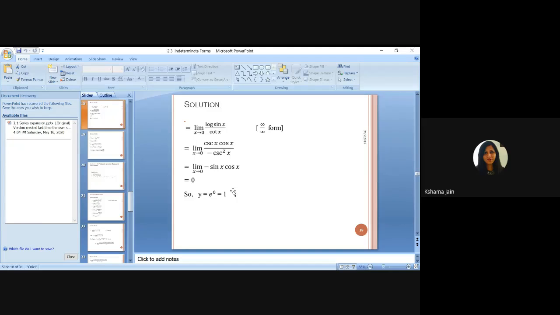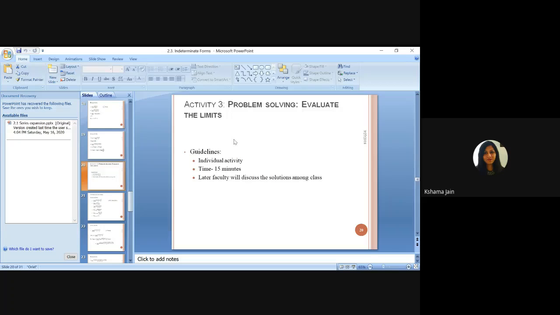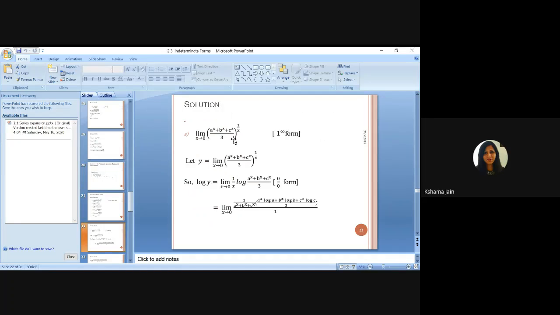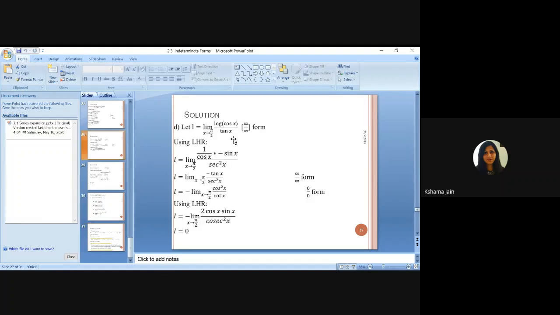So these are more problems, and you need to practice them. Here it's looking complicated, but it is the same again: if you see f x by g x, it's the same only, nothing different. These are the basic problems. The other pages are problems only, but I have elaborated the concepts.